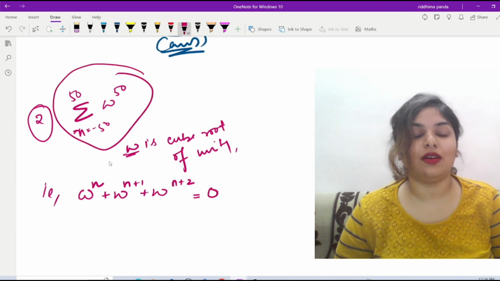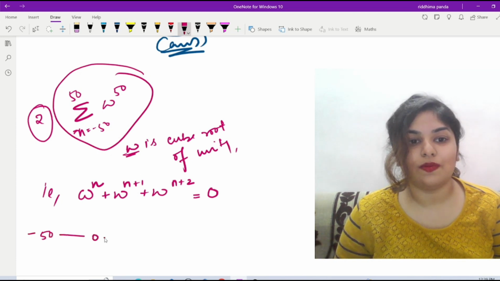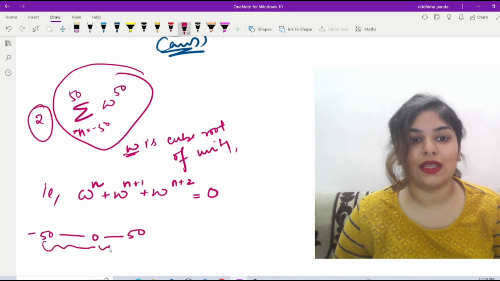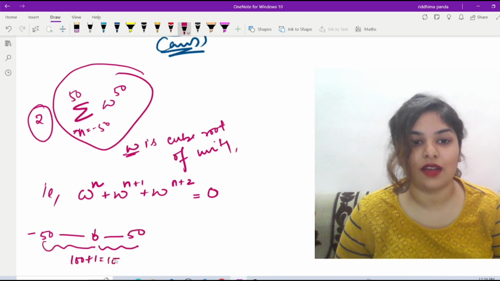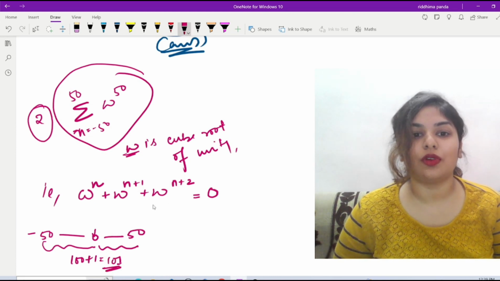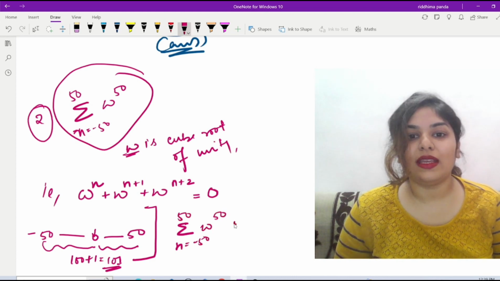Now if we write down, how many numbers do we have? Say minus 50 to 0 and 0 to 50. So how many numbers are there? So that is 100 plus, since I have 0, 1, so there are 101 terms. Okay. Now in order to make it a cube of a particular number, what can we do? See, I have summation n is equal to minus 50 to 50 omega to the power n. Now I can add